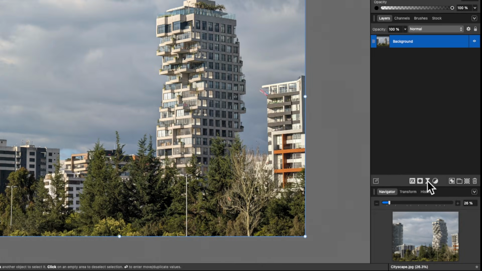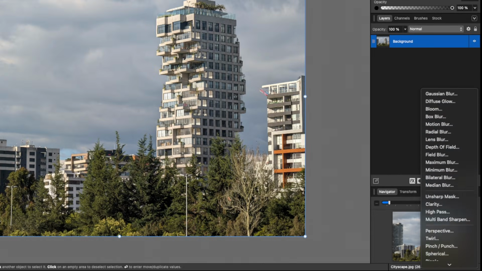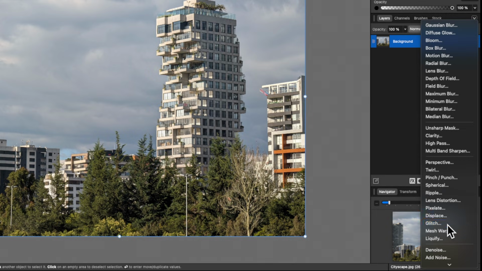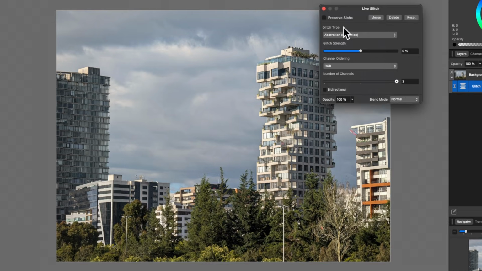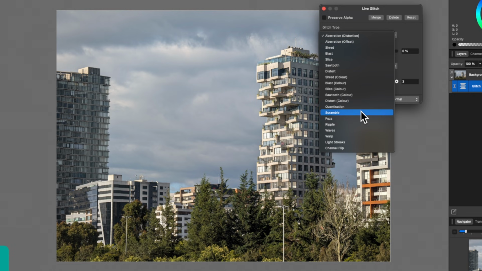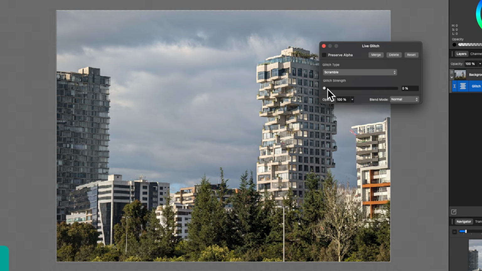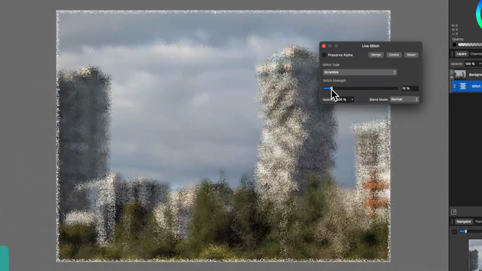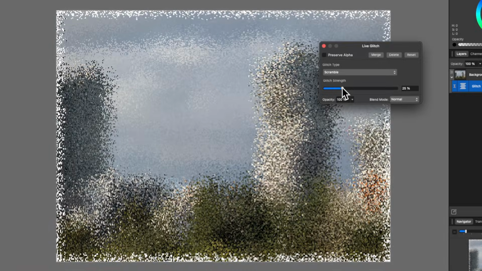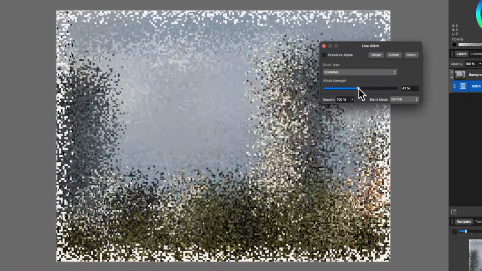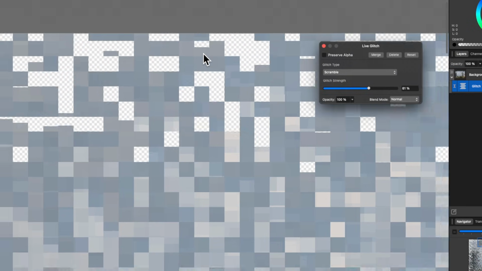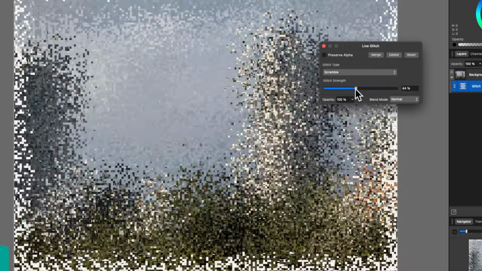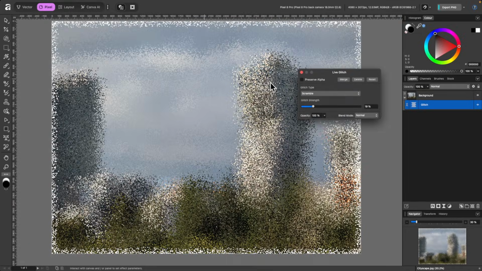So we'll go back down to the filters, and I will try a glitch filter. And there's plenty in here to play around with. It's quite fun actually, this one. So the glitch type, I will go to scramble, and I'll click and drag that out, and you can see it's completely scrambling the whole image. And watch what happens when I really drag it up. If I zoom in, you'll see it starts becoming a little bit transparent, which isn't great. So I'm just going to drag that down a little bit, and there's a way around this.